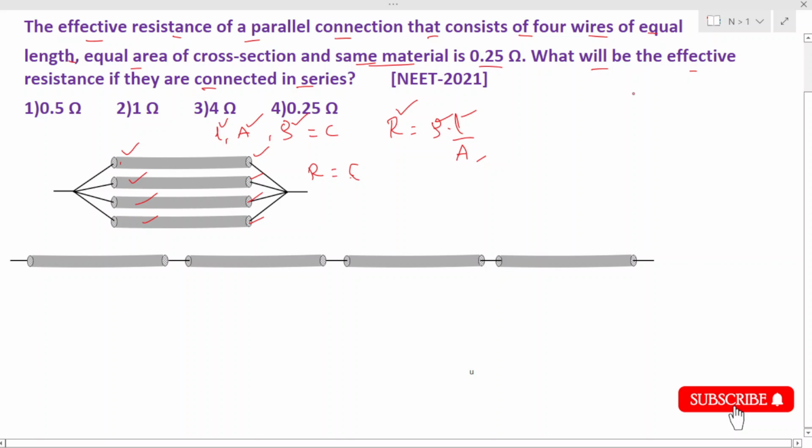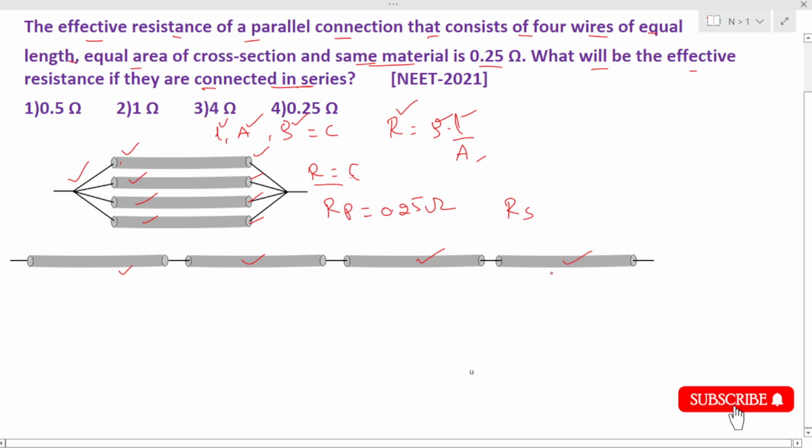Now what did he say? He told us that these 4 wires, whose resistances are equal, when connected in parallel, have an equivalent resistance Rp equal to 0.25 ohm. Now what is he asking us to calculate? He is asking us to calculate Rs, which is the equivalent resistance when these 4 resistors are connected